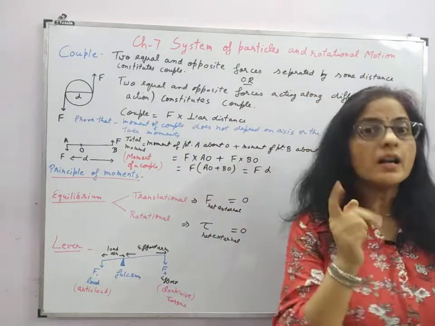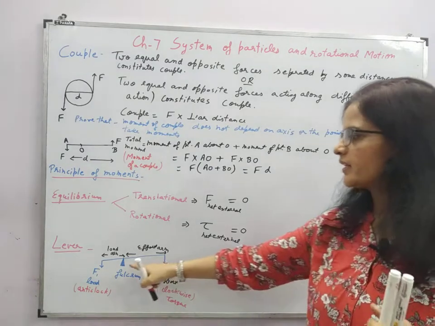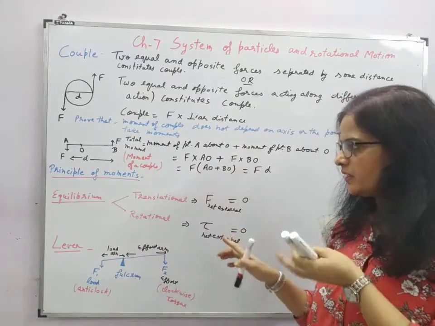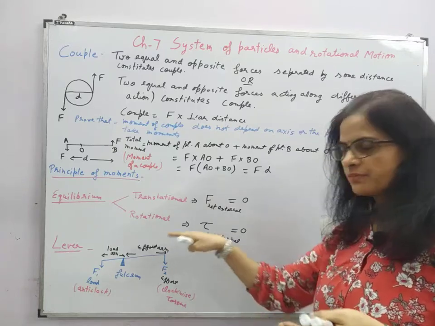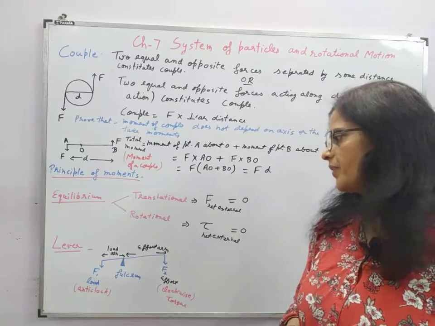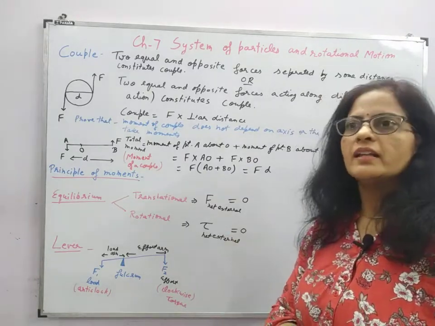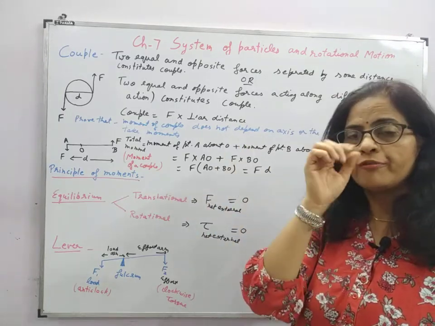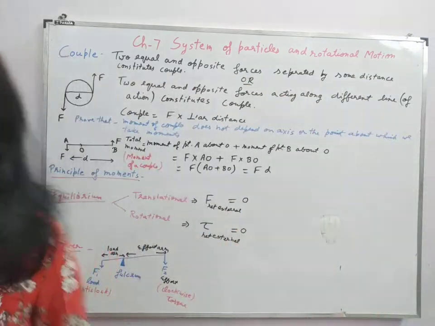So you must have seen this in the parks, right? You must have seen the seesaw. There you must have seen that children sit on the ends, and if they are of comparable weight, then there is a balance between the two. If this fulcrum is at the center, or if it is at one end, or somewhere else, then the principle of moments holds for the equilibrium of that seesaw. So I'll have to rub this page for writing further.